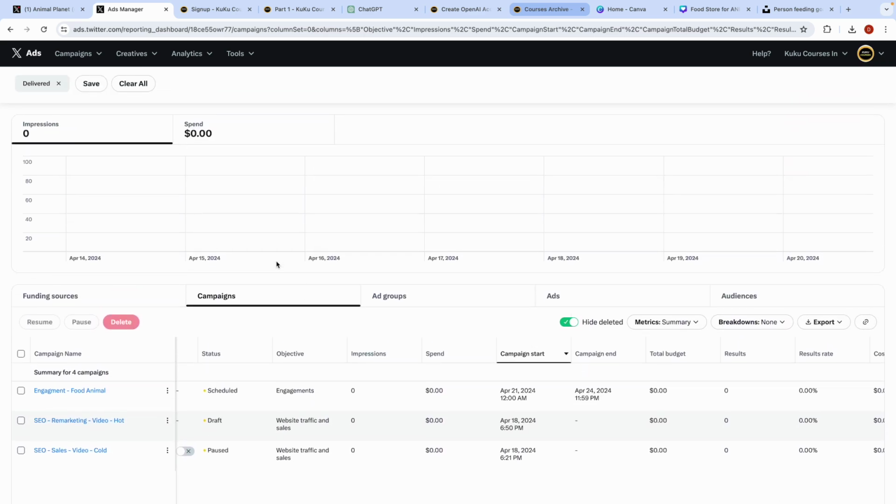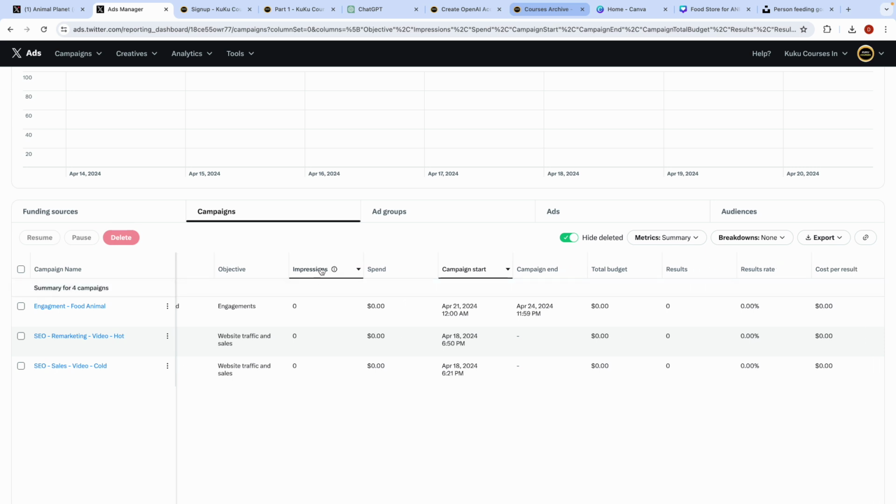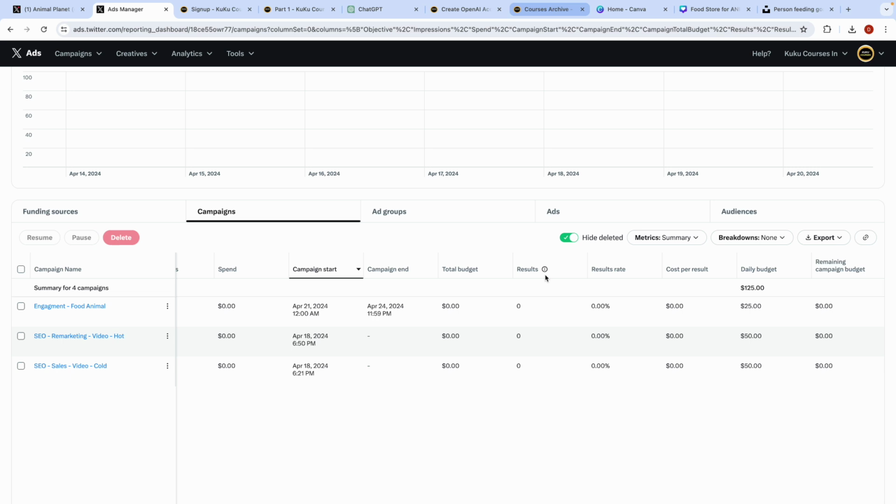It's very powerful and amazing, very simple and easy to do. You can just create the campaigns and then you are good to go. As we have mentioned, there are a lot of things, like you can see impressions, spend, and any such details. In whatever case, if you have any doubts or anything like that,